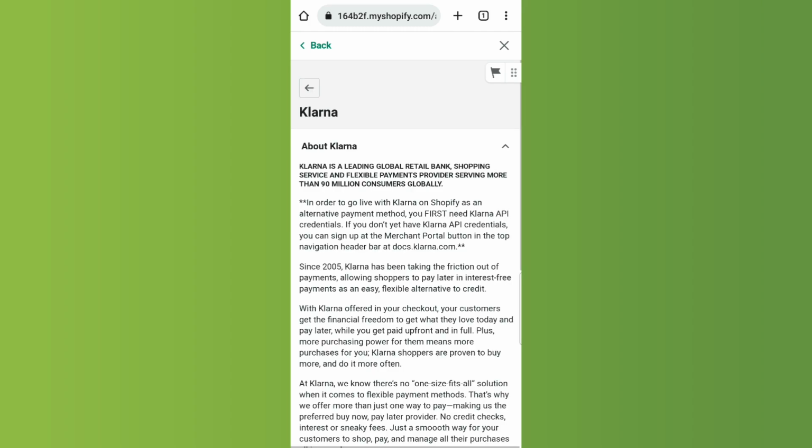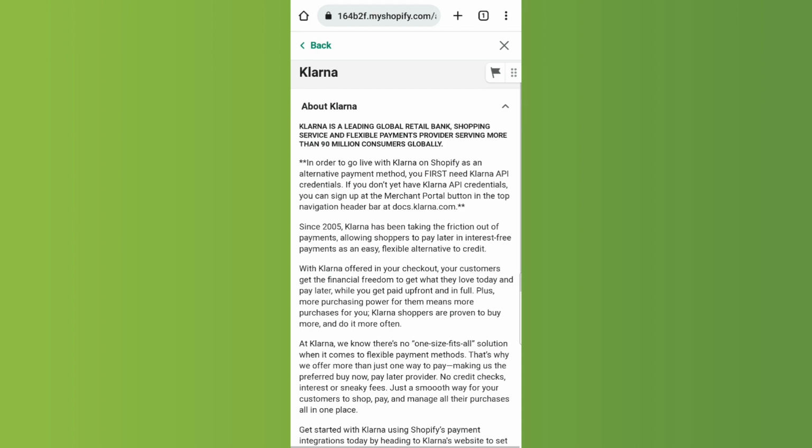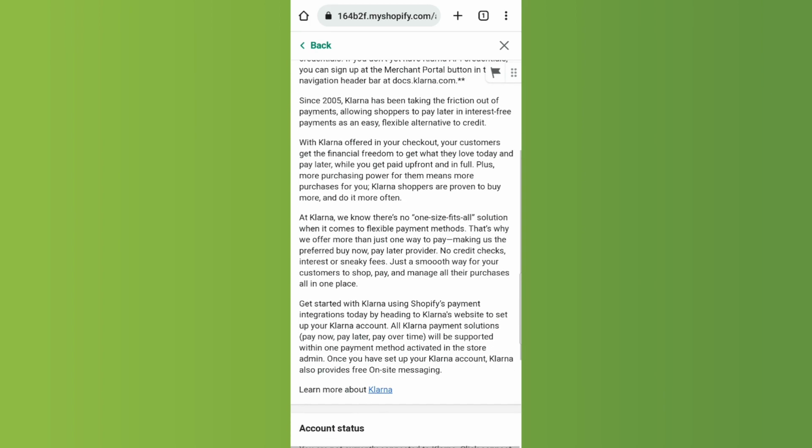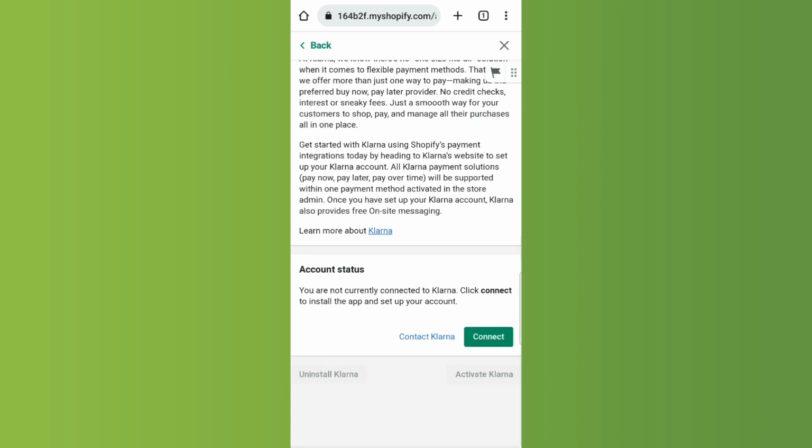You will be brought to this information page, from which you will find some information about Klarna, and you can even learn more by visiting their website. But you will scroll down to the account status section and click on the green button that says connect at the bottom right. And what this will do is it will install the Klarna app on your shop but not